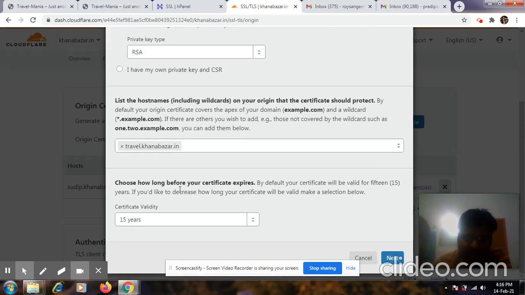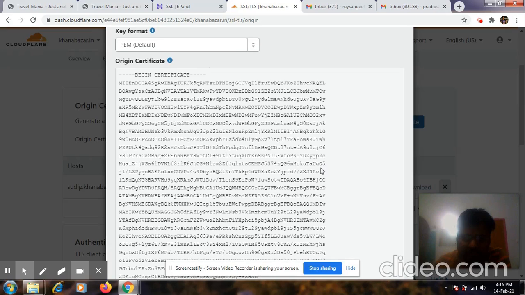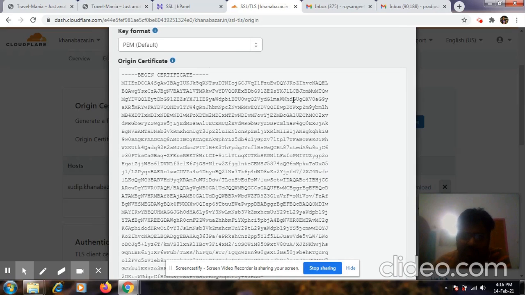After that, choose how many years the certificate should last. By default it is 15 years. You can increase or decrease it as per your convenience. After that, click on create. This is the important thing: the origin certificate, and all the details are there.